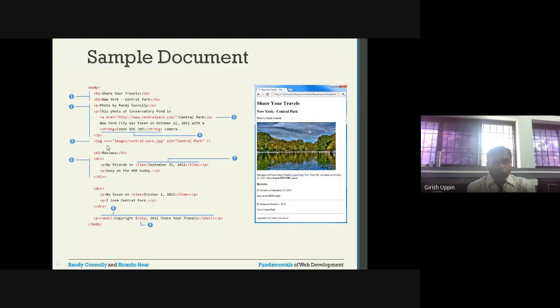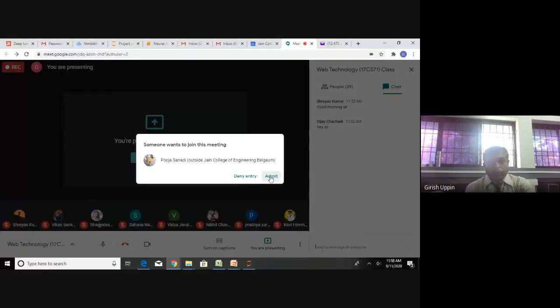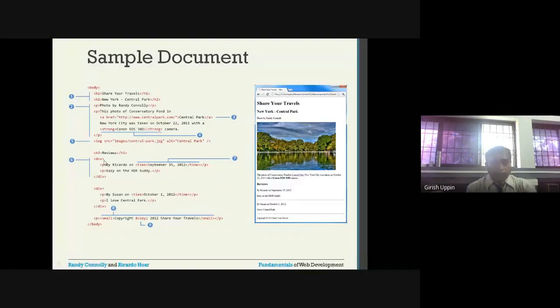After that, we have a third level header, h3, reviews, and the closing h3 tag. After reviews we have made the divisions. You can think of a division as a container.